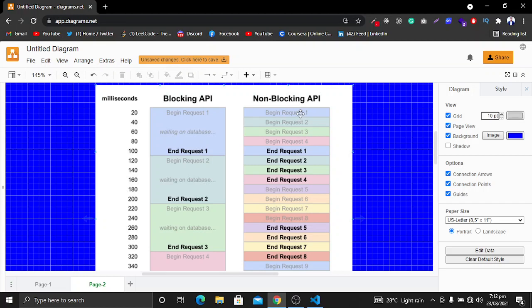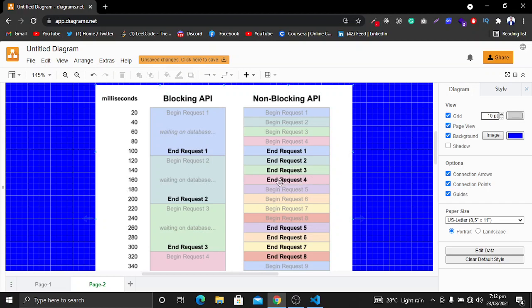For example, if request 1 takes 20 seconds, it doesn't wait for these 20 seconds to pass and then move to request 2. Instead, it will start executing at the same time, and you can see request 1, request 2, request 3 and request 4 here.